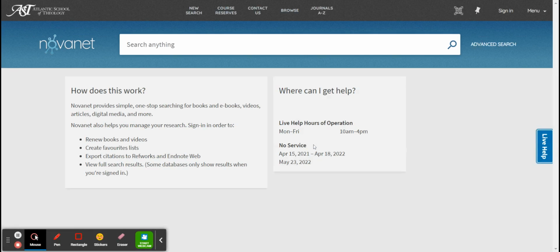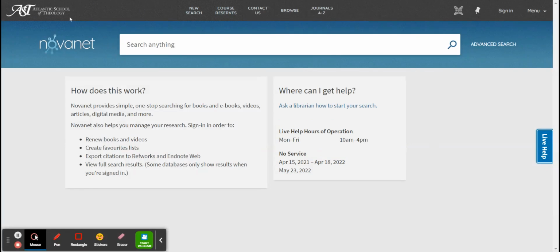Now it brings you to our online catalog. And sometimes you'll hear people refer to this catalog as the Novanet catalog. That's because AST, along with all the other universities and colleges in Nova Scotia, belong to the Novanet Library Consortium. You might also hear that this catalog is referred to as the Primo catalog. And Primo is just the name that the vendor has given to the catalog. But you'll see up here in the left-hand corner that you're using the Atlantic School Theology version